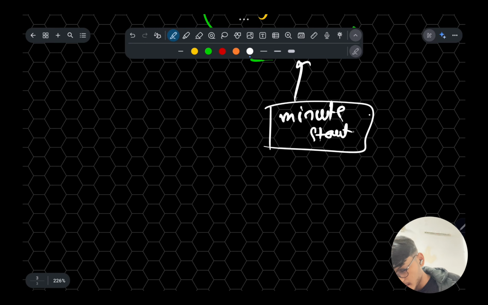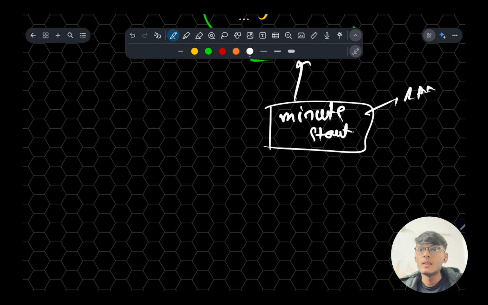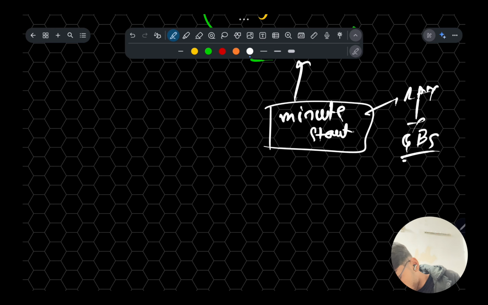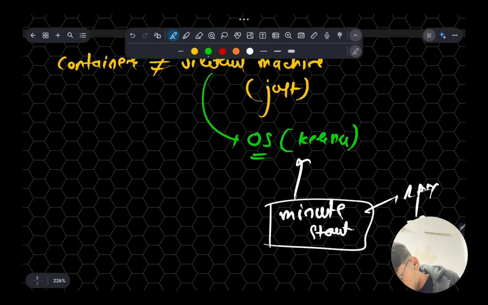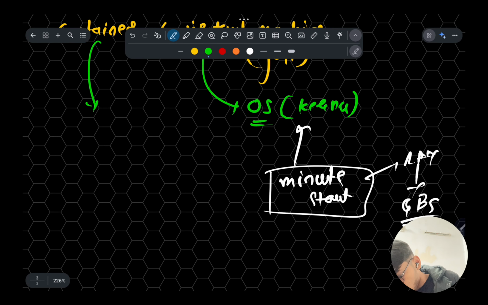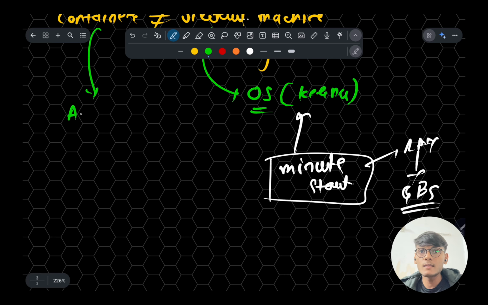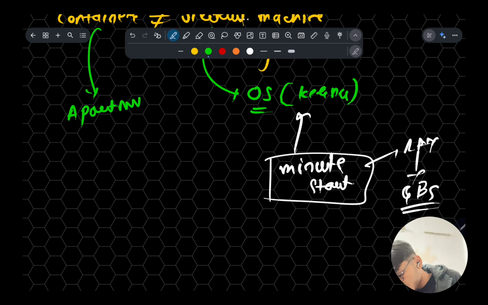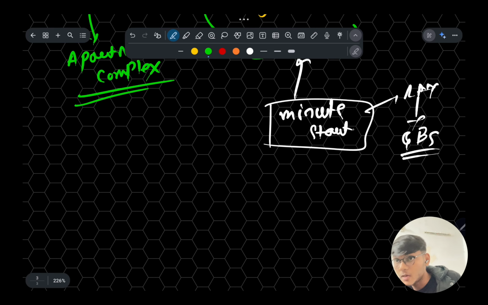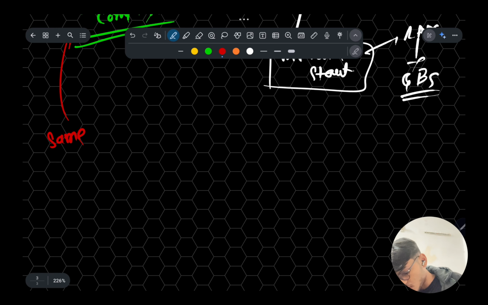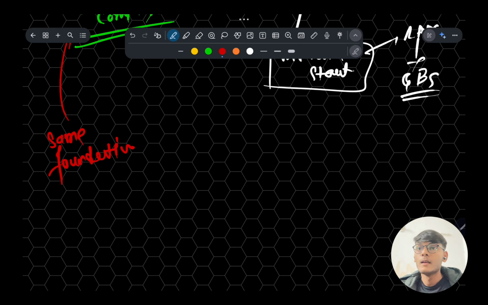And a container is like an apartment complex. Everyone shares the same foundation, the host OS kernel, but they have their own private walls. It starts in milliseconds and uses very little RAM.